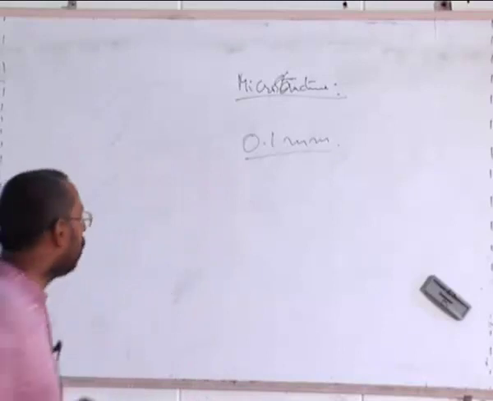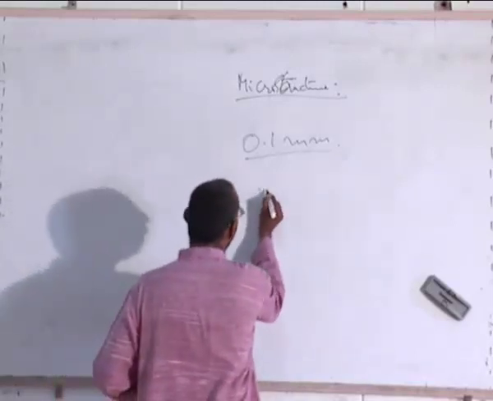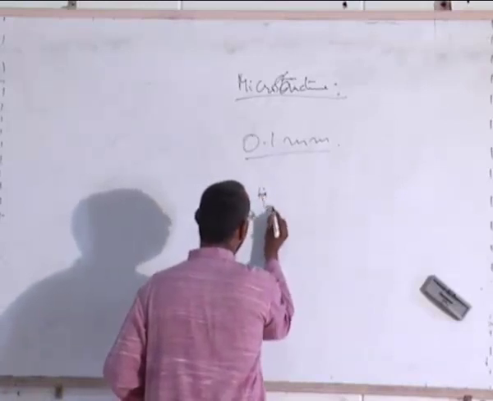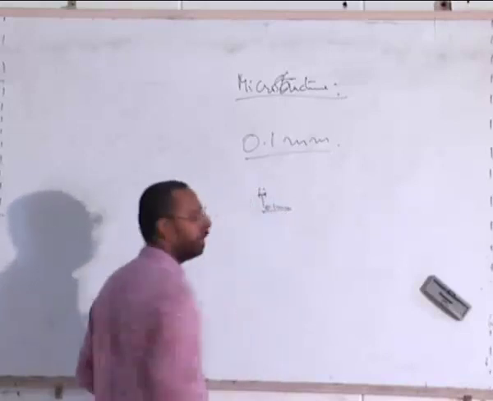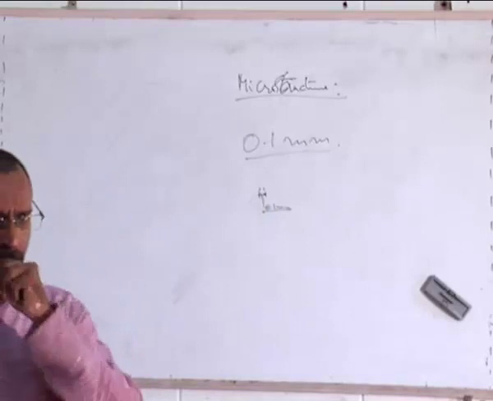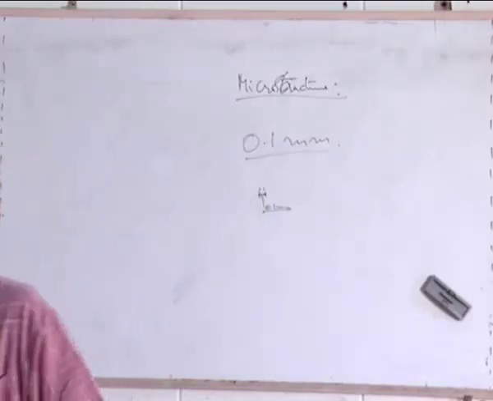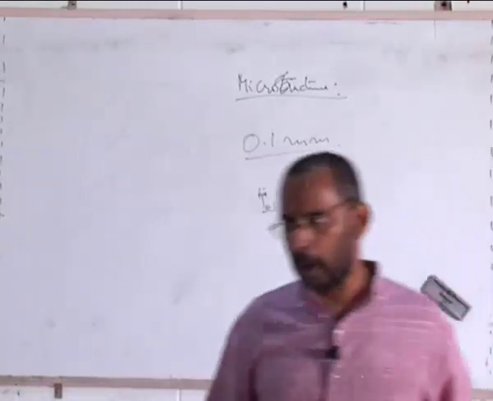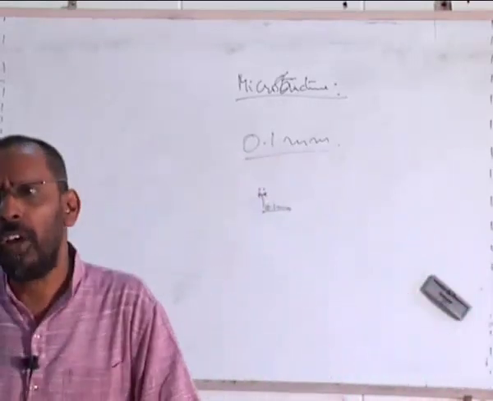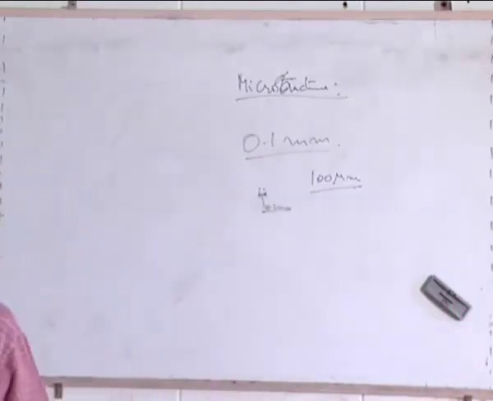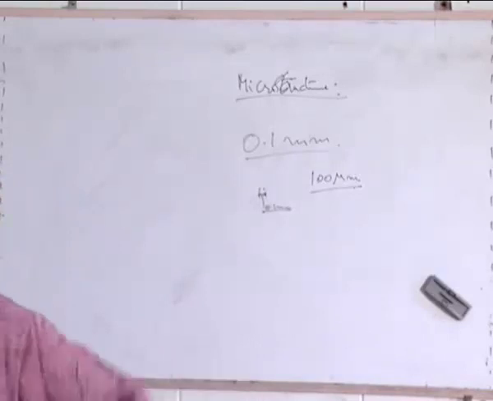So that means if there are 2 dots separated by 0.1 millimeter, a normal eye can see them from a distance of 1 foot. But most of the features inside the samples are smaller than this. For example, if I am talking about precipitates inside an aluminum copper alloy, precipitates are much finer. 0.1 millimeter is about 100 microns, and 100 microns is too big. My precipitates are even a few nanometers.